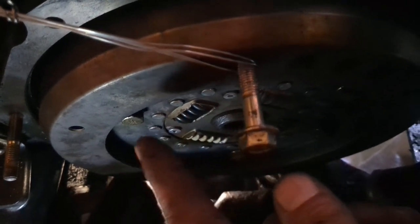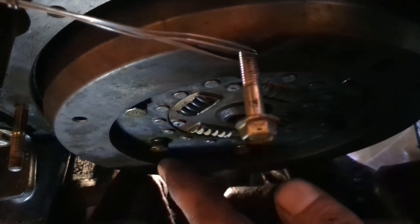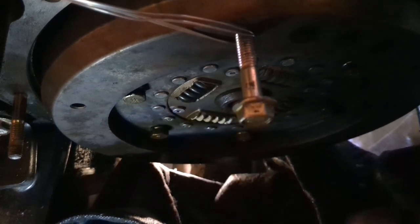Fortunately with Yanmars, everything's all right. These are 13 millimeter heads. I know Yanmar has a bad habit of putting 13 millimeter bolts everywhere. So there they are, and I just realized probably this part of the video is going to be upside down,